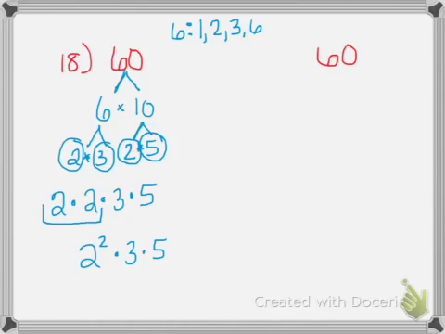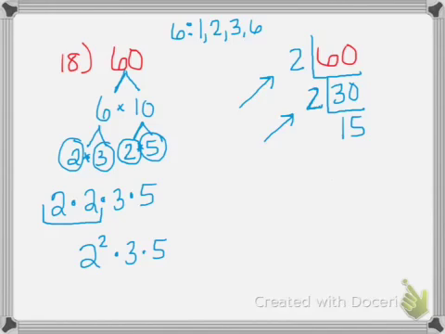Now, if we want to use the ladder method, we're going to end up with the exact same answer. We'll start over here, and we know that any number here has to be prime. So I cannot choose 6 or 10. I have to pick a prime number. So I'm going to pick 2 because 2 times 30 gives me 60. Because 30 is composite, I'm going to need to go a step further. But again, I can only pick a prime number for the outside right here. So I'm going to pick 2 again. And I know that 2 times 15 is 30. Now 15 is still composite, so I'm going to go further. And I know that 3 times 5